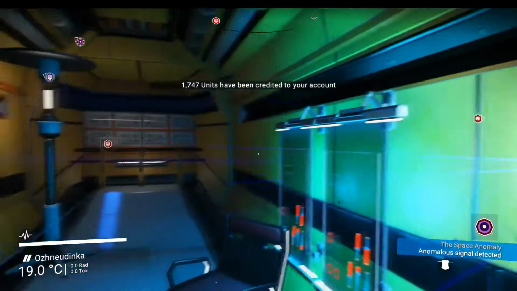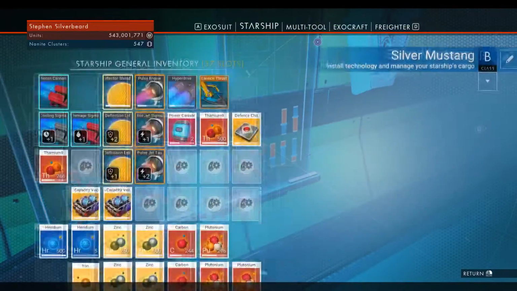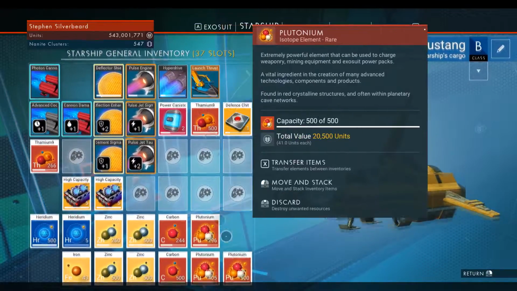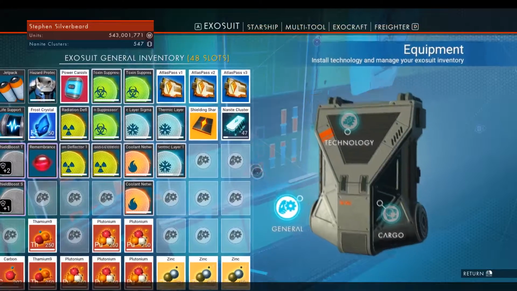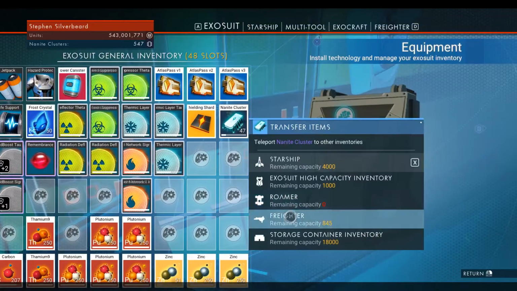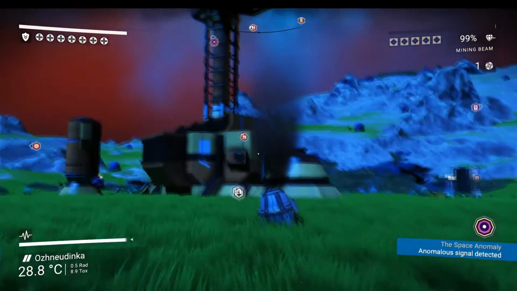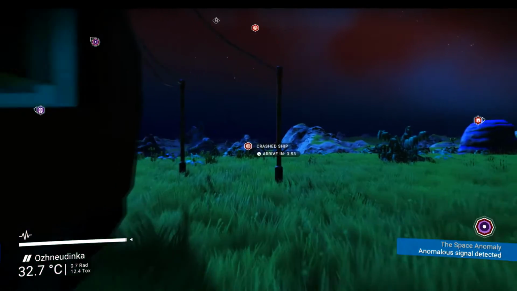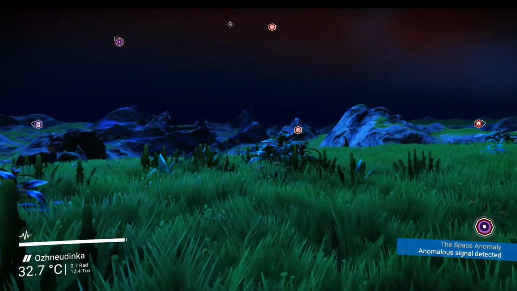Grab that, stop transfer, just to show you guys. If I show you Starship, I've got all this plutonium here, and I've got some surplus plutonium here as well. Go to the freighter. So we could walk. Can't walk to that, but we can walk to the crash ship. So I think that's what we're going to do, guys. We're going to set out on this lovely planet